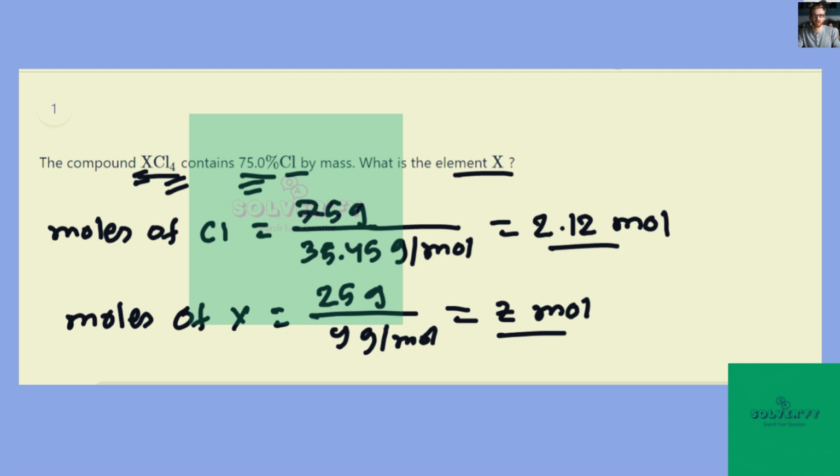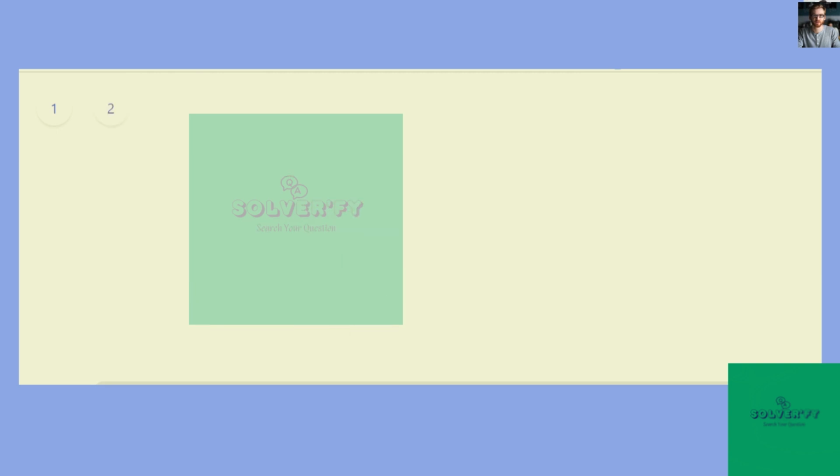And since here the ratio of X is 1, that means each number of moles was divided by the number of moles of X to find out the simplest ratio. And the ratio of chlorine here is 4, so the ratio of X and Cl here is 1 is to 4,